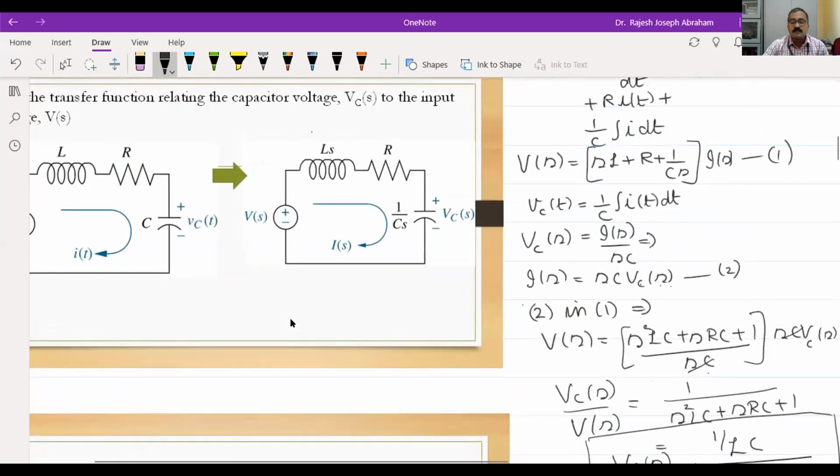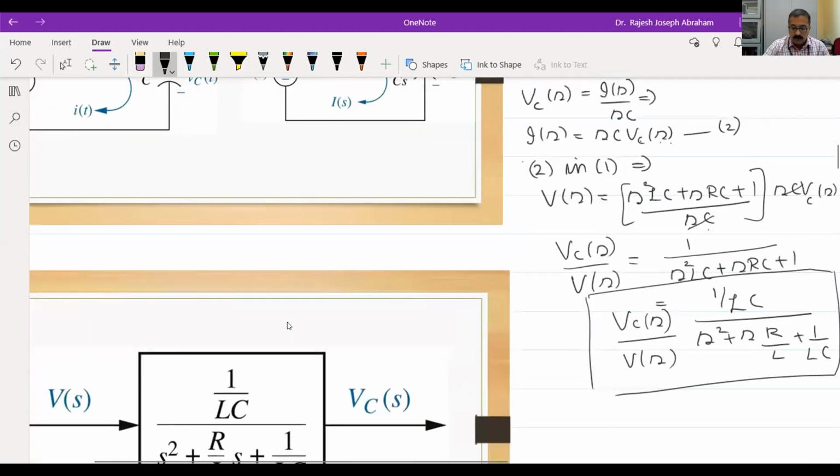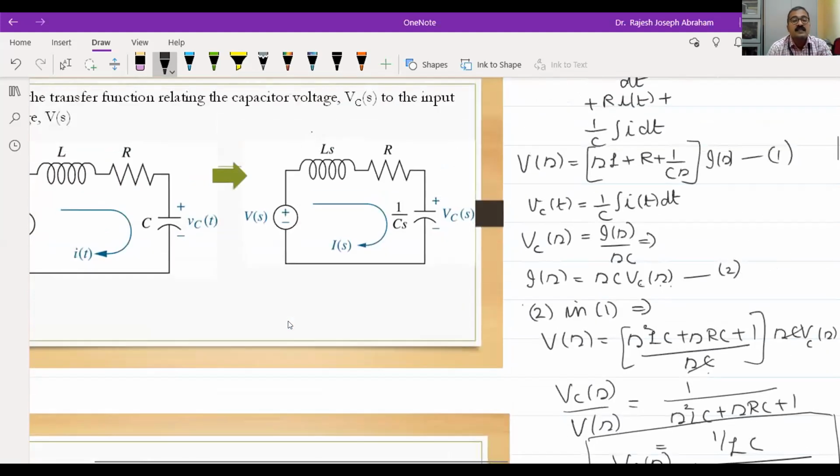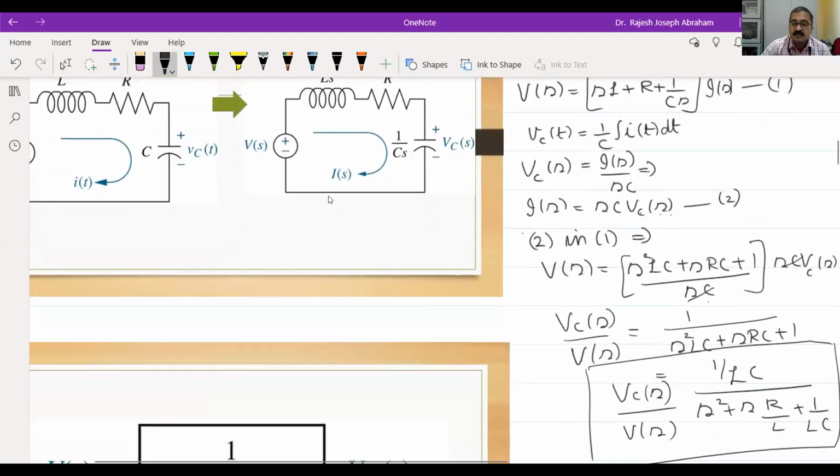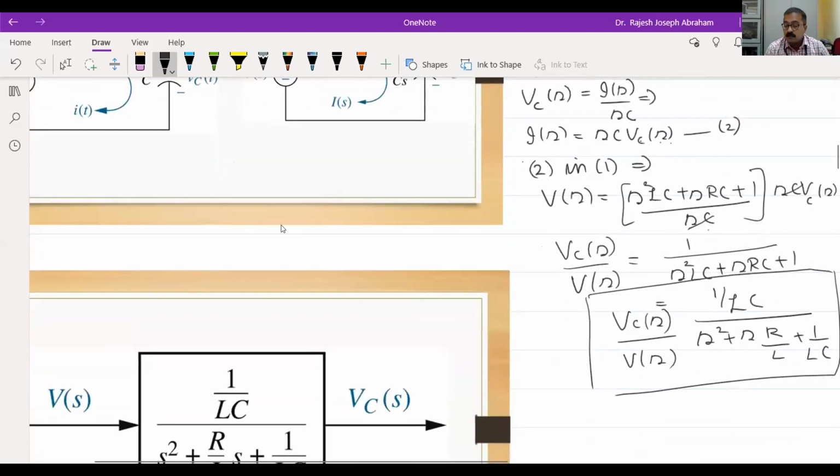What's the significance of this transfer function? Now we can forget this physical RLC circuit. Since we have the mathematical model, the transfer function, we can do all kinds of analysis or simulation using it. We don't need any R, L or C. Once we know the values of R, L and C, this transfer function is a sufficiently good model to analyze the behavior of the physical circuit. That is the significance of this transfer function.